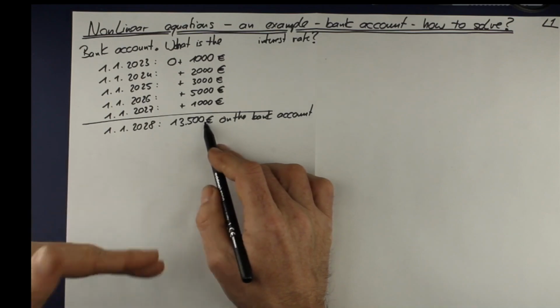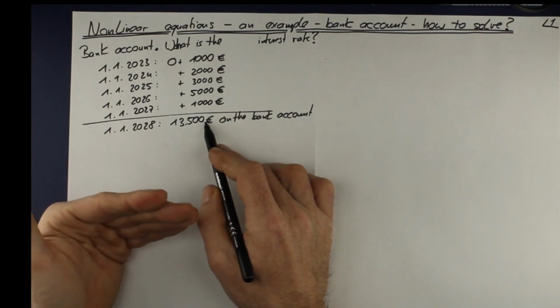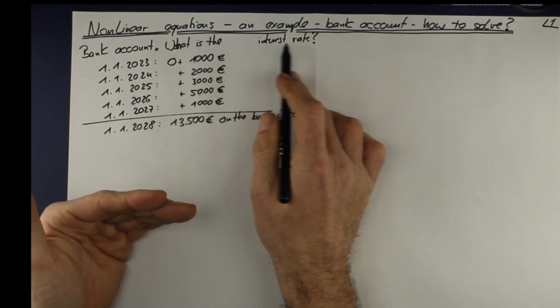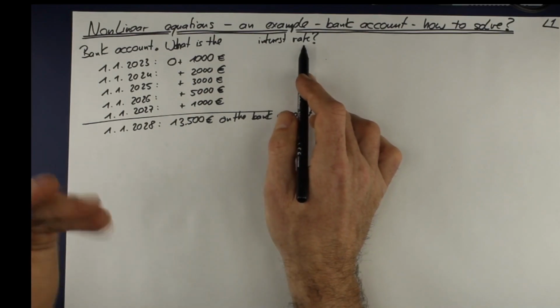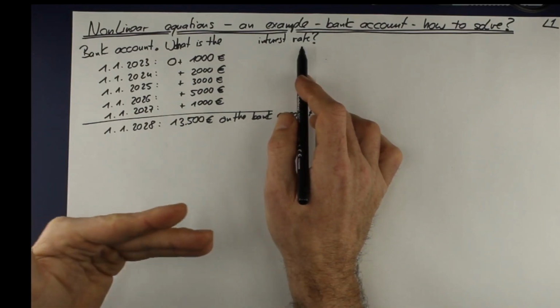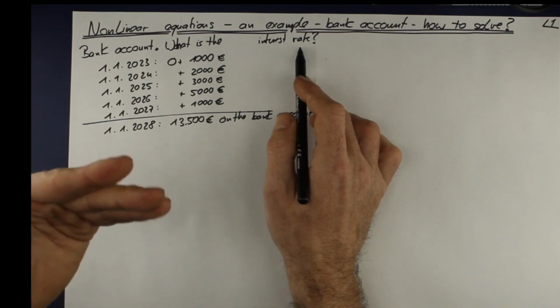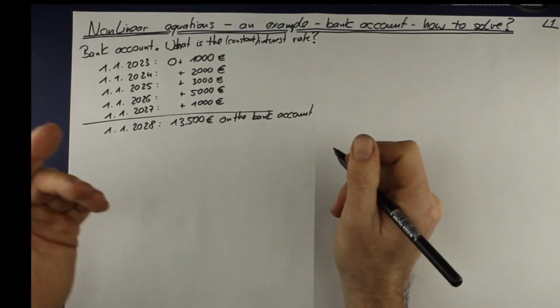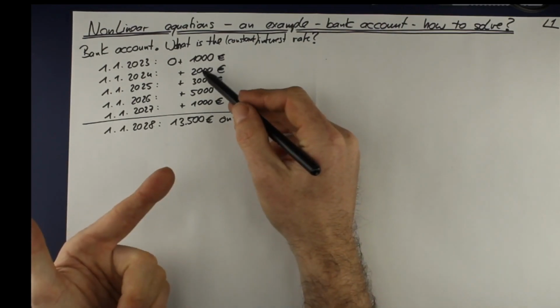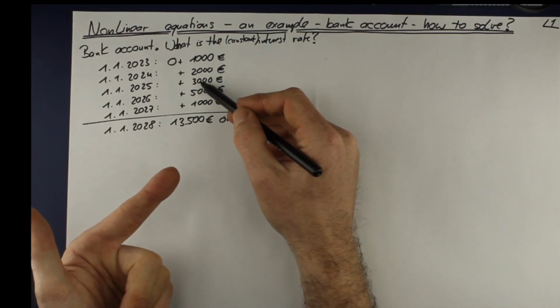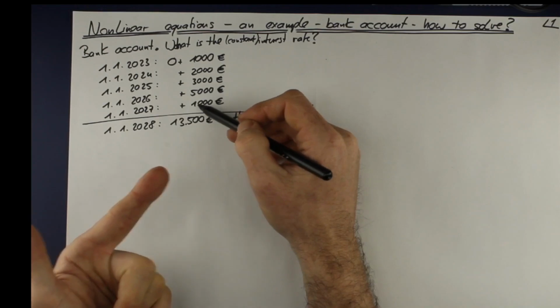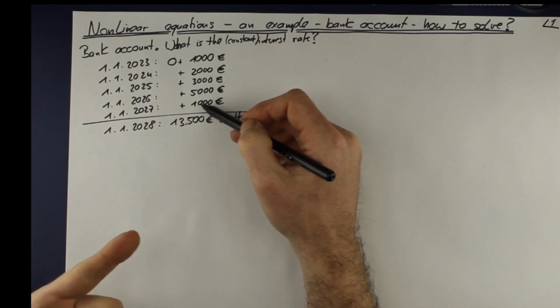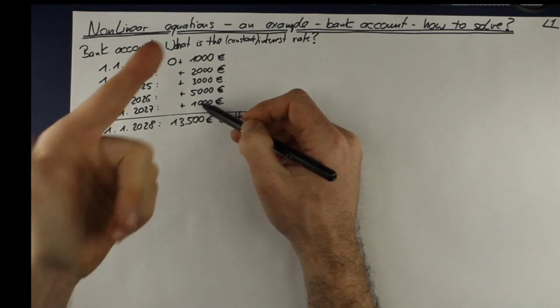€13,500. And now I ask the question, what is the interest rate? What was the interest rate? Let's assume it was a constant interest rate all over that time. And first let's check. 1,000, 2,000, 3,000 is 6,000, 11, 12,000. So there was an interest rate, otherwise there would have been only